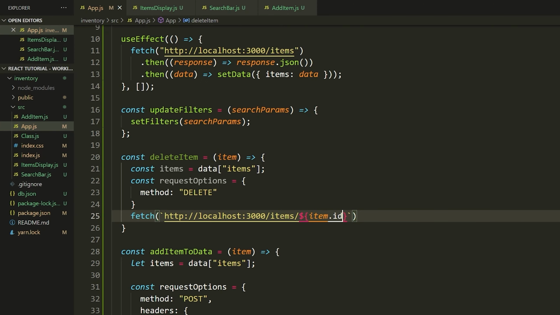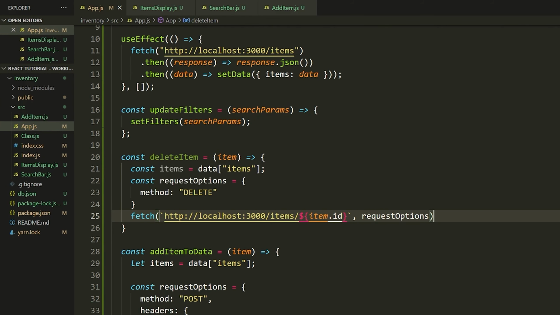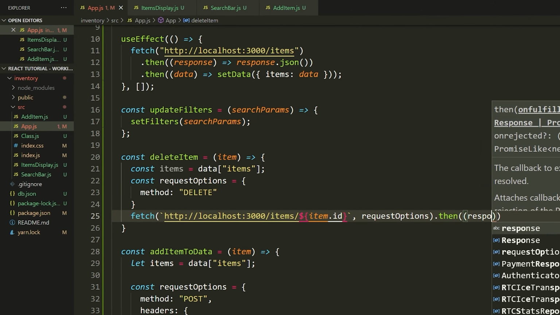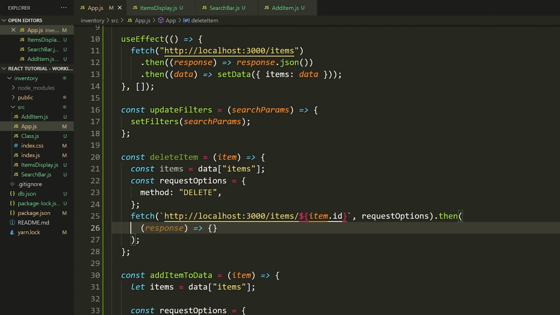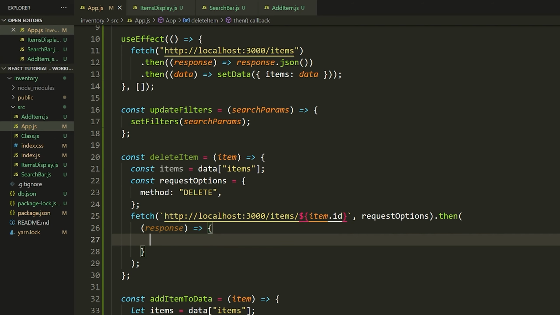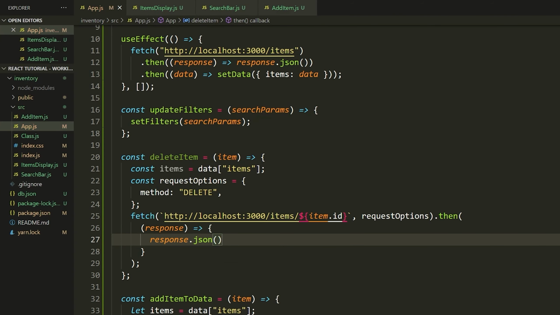Okay, hopefully that's clear, but that's what we need for fetch. Then the next thing we're going to pass here is our request options, and that's all we need to do to delete something. Now, of course, we do want to check for a response, so we're going to say response like that, and what we will do is we will check the response when we get it. Now, rather than getting the data associated with this response, so rather than returning response.json or something and then having another .then and looking at the data, we don't really want to do that because this response isn't going to give us any data. It's not going to return anything to us.